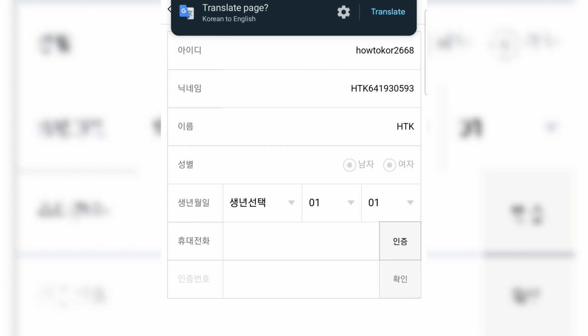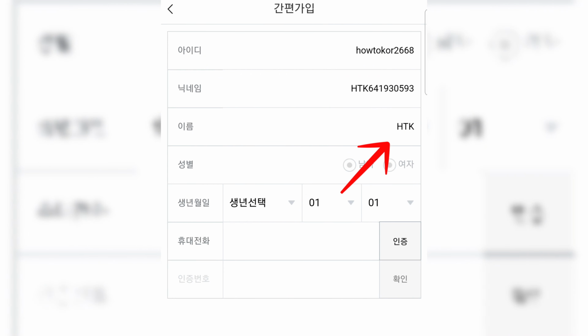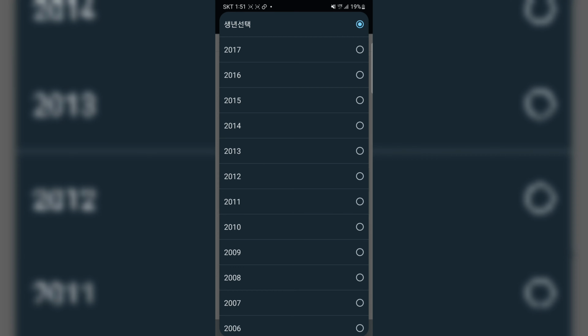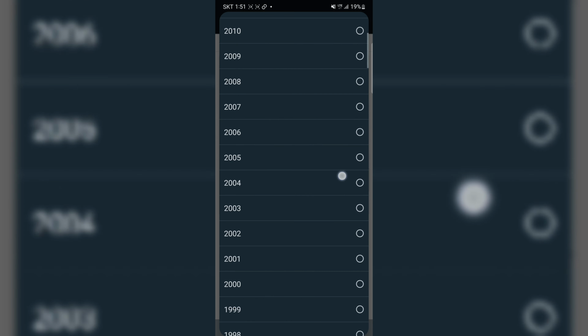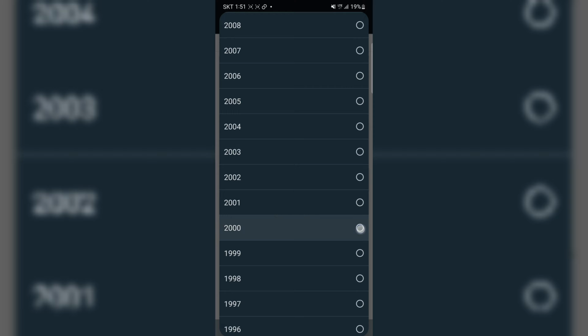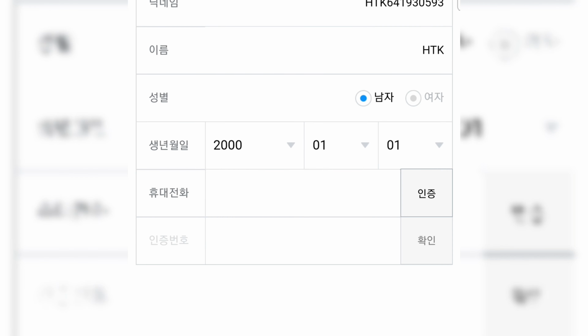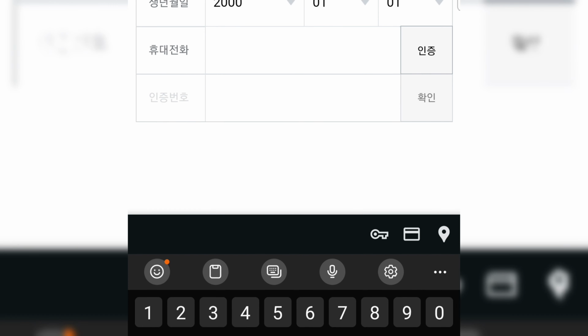Okay. You can choose your ID. You can choose your nickname. The nickname is what's going to be showed on your app when you log in. Okay. Your ID is what you use to log in. Your name for us is HTK, How to Korea. We are male. For the purpose of this video, we're going to go ahead and select the year 2000, January 1st as our birthday, and we're going to put in our phone number, which is